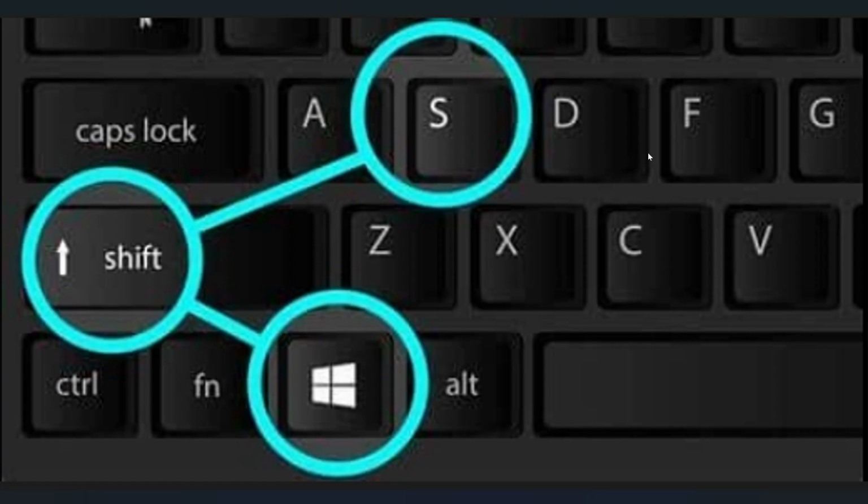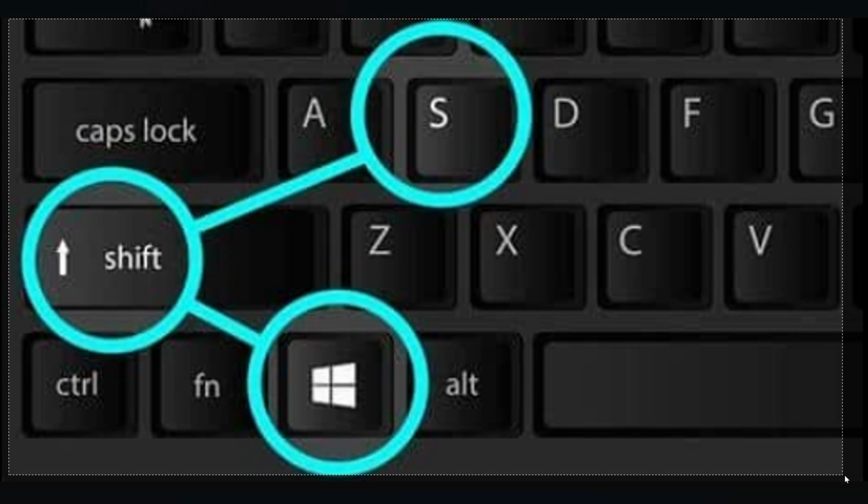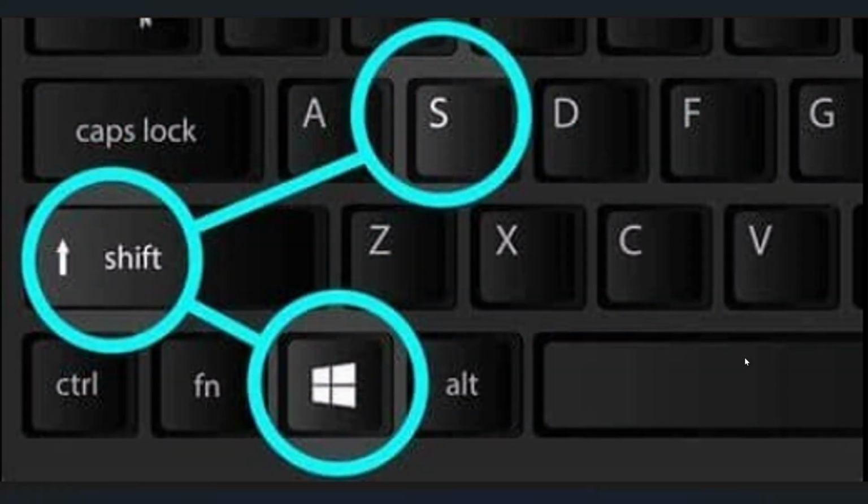Next is one of the most popular shortcuts. Press Windows key plus Shift plus S. Your screen will darken and a small menu will appear at the top. You can select a rectangular area, capture a specific window, or grab the full screen. Once you take the screenshot, it's copied to the clipboard and you'll see a small notification where you can edit